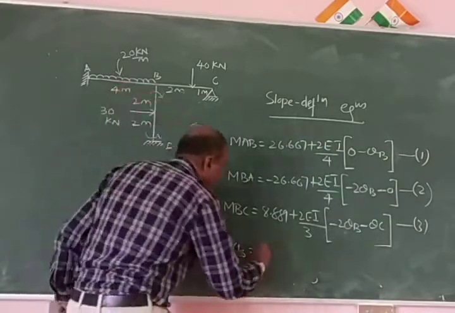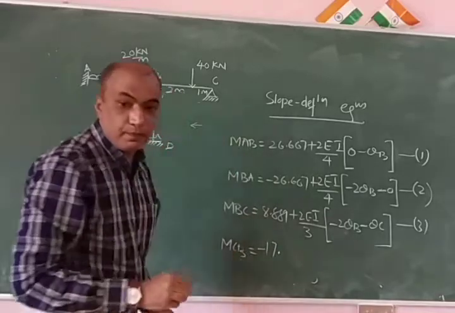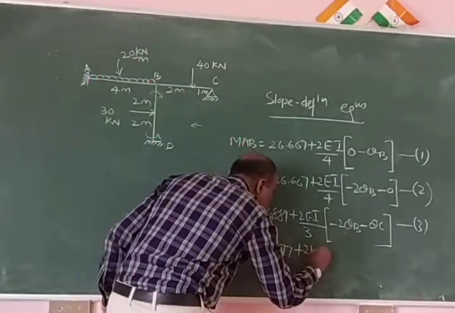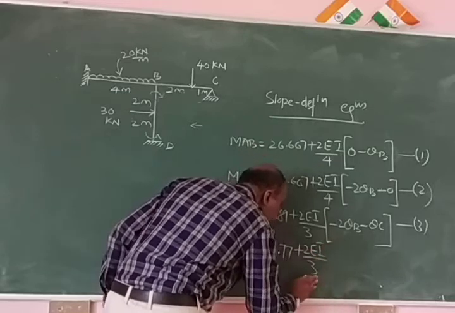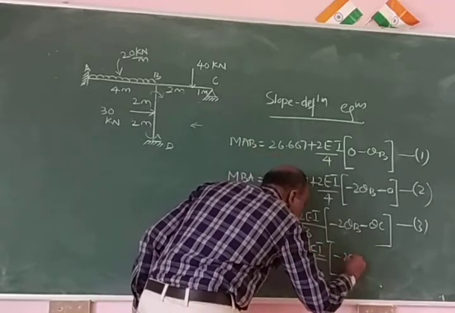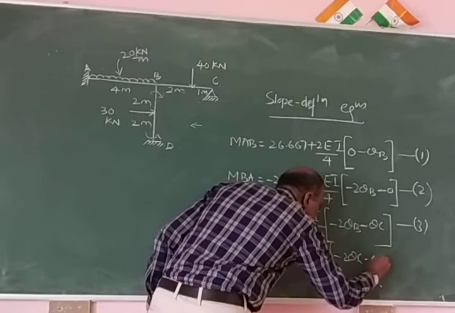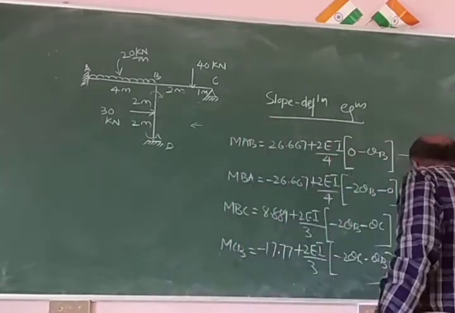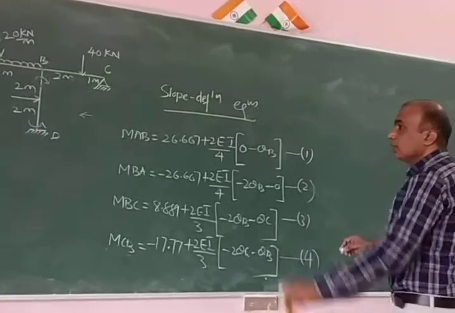MFCB minus 17.77 plus 2EI by L, L for CB is 3, minus 2 theta C, minus theta D, reverse. This is your fourth equation. Then the remaining two,